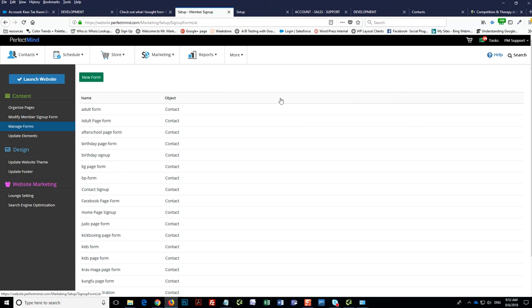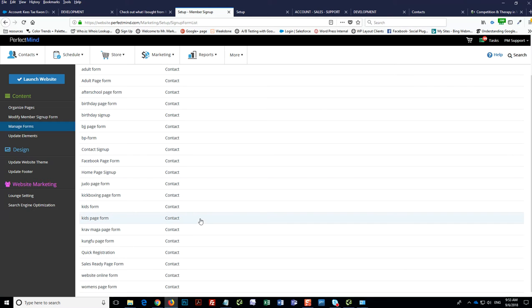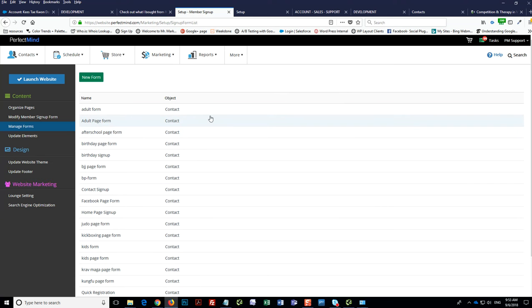Now, here are all my forms. So if you are, let's say, in a multi-location database, meaning there's 2 or 3 locations in that organization, you would look for your actual location, because it's going to be based on different locations. So let's say we're in Vancouver, Canada here. So let's say I'm going to do 3 locations. We have one would be Vancouver, the other one would be, let's say, Richmond, the other one could be Surrey, for example. So you would look for your section with all your locations, and then you would go to the appropriate page. So adult page form,